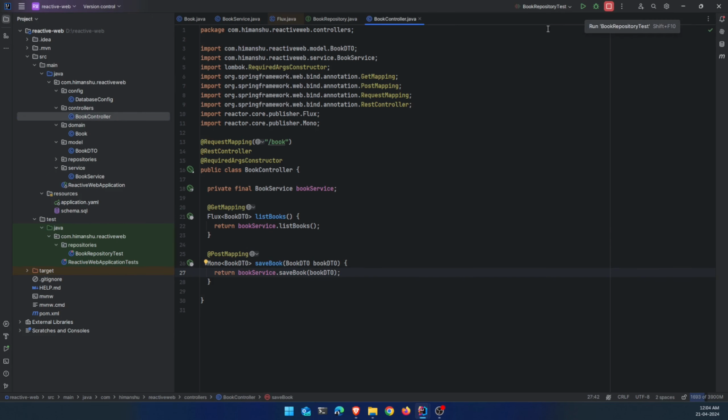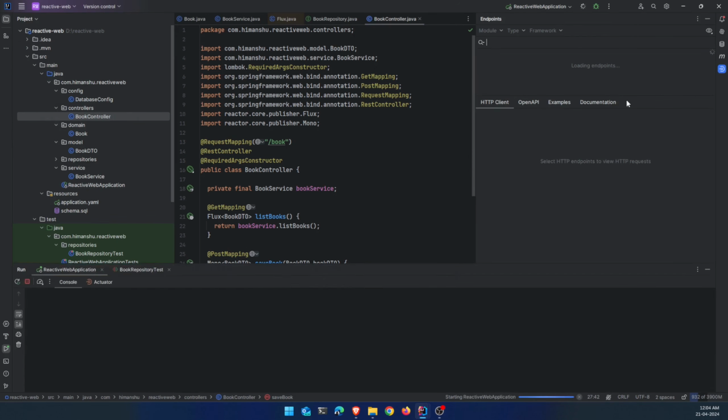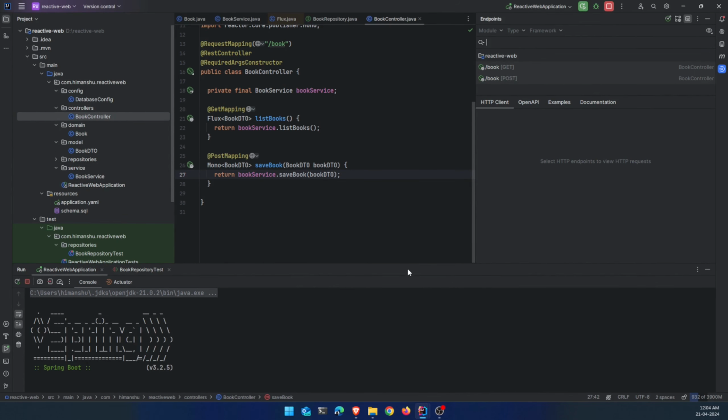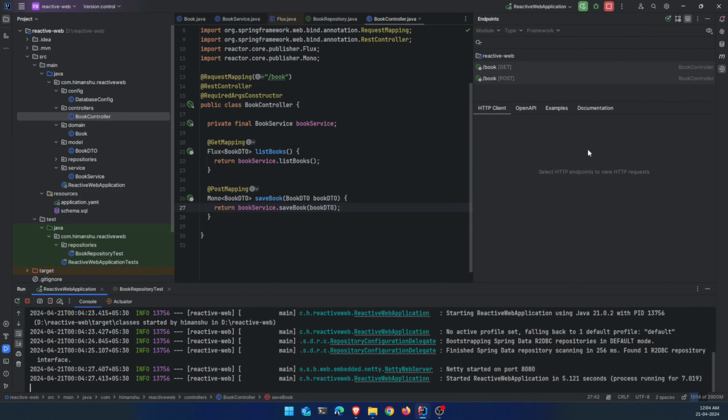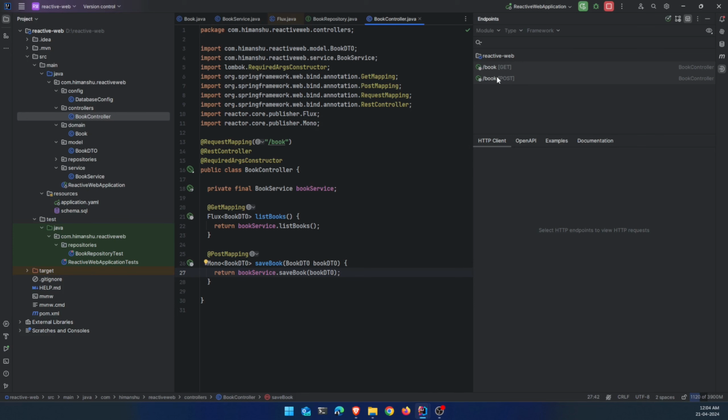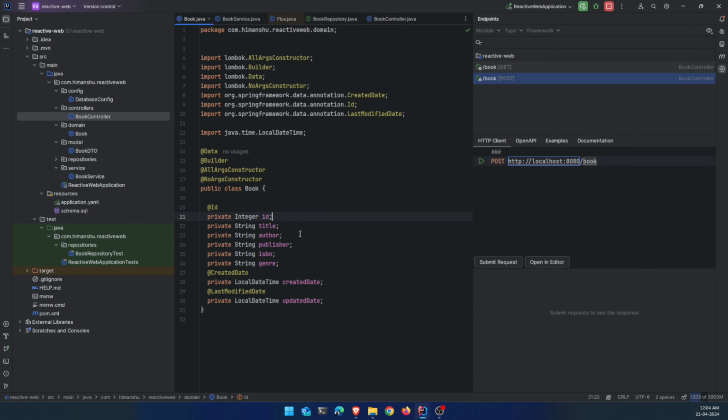All right, so let's restart our application and test two of our services. I will select the application and restart it, and we should be getting endpoints here. So yes, these are the two endpoints we have. We'll use the HTTP client provided by the IDE itself. Okay, it is running. You can just minimize it. First let's go with the post method. For the post we need